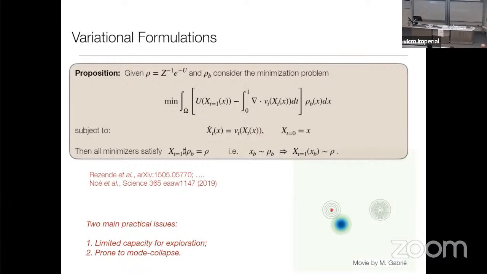And what typically arises is something that you can already illustrate in low dimension. What you're going to see here in this little movie that was created by Marie-Lou Gabriel is the base distribution originally. You will see how it evolves as you push it forward through the map that you learn by doing the procedure that's happening here. And if you do that, what you see is that it will actually learn part of the distribution, but the target has two modes and you only detect one of them. Okay, so there's a way to do better than that.